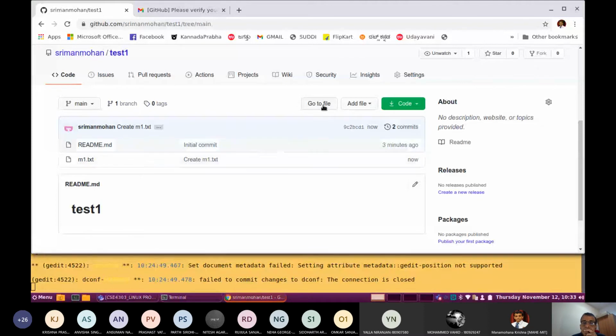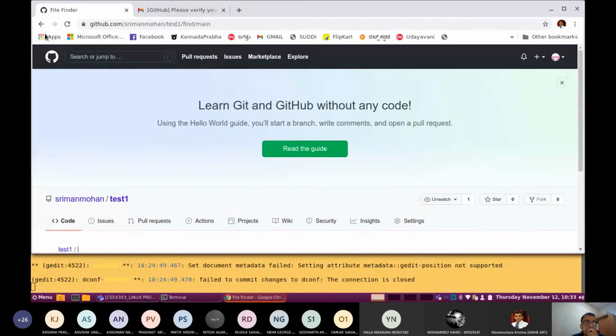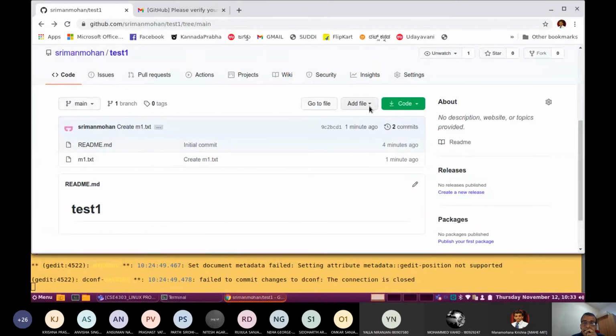Now it is anyway initial files. In this way, you can go on creating any number of files. You can change the content also. You can add a new file also into the Git repository, maybe with a different name, or you can upload the file also from your computer. If the program code is already ready in your computer hard disk, you can upload it to the online repository with the upload commands.